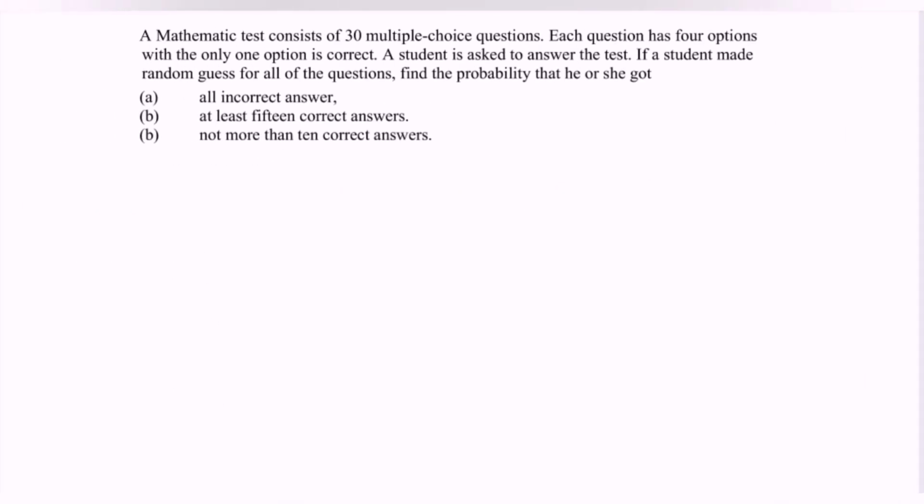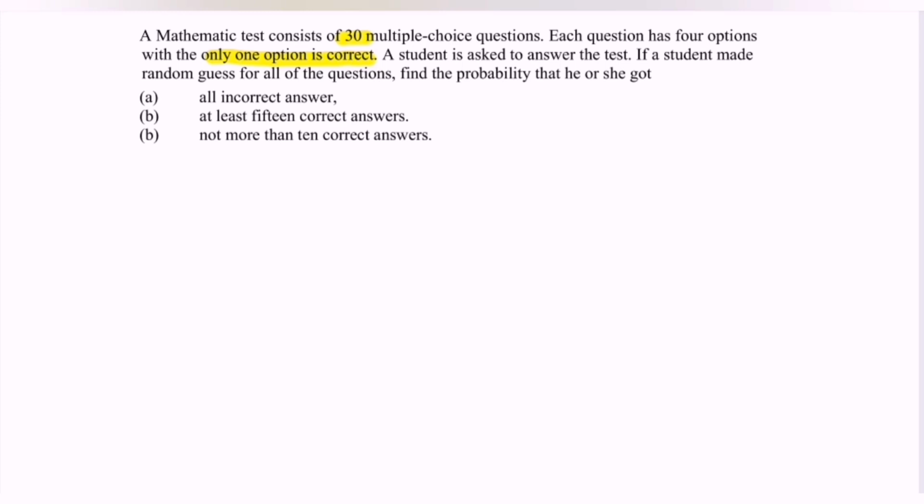Hello everyone, in this video, I'm going to discuss an example of special probability distribution. Kindly refer to the questions. A mathematical test consists of 30 multiple choice questions. Each question has 4 options, with only one option correct. So a student is asked to answer the test. If the student makes a random guess for all the questions, find the probability that he or she gets: